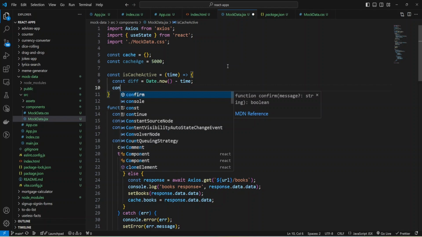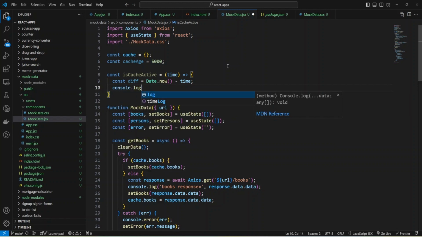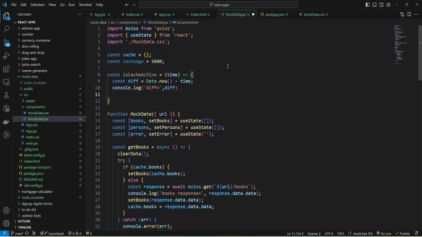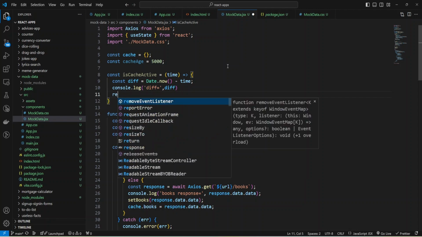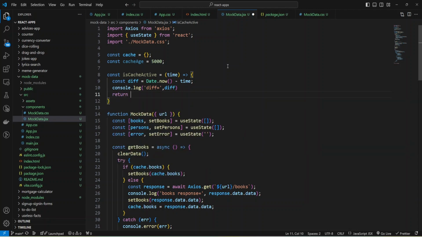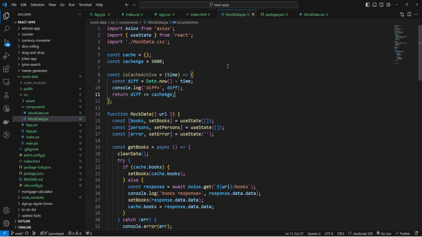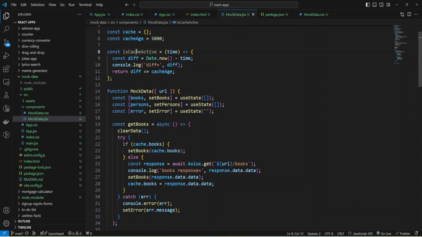log, so log, and provide diff to check what is difference, and I'm going to return and check if diff is less than or equals cache age. So, if diff is less than cache age, then our cache is active, and we'll use cache data.